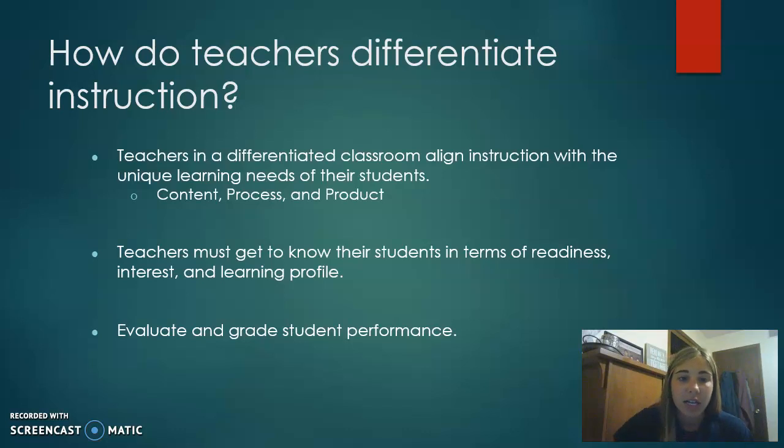Teachers must get to know their students in terms of readiness, interest, and learning profile. Readiness refers to the knowledge and skill level regarding given content. Teachers can determine the level at which a student is working in a given area by examining the results of formal or informal testing. They can also examine work samples or even have their students complete a KWL, which is a chart that asks what I know, what I want to know, and what I have learned